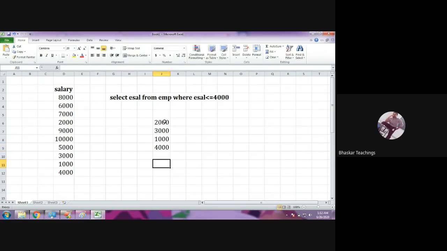If you observe, to get 4 records, how many comparisons are required here? It has to compare all the records in the database, because the data is not maintained in any order and we are not going to maintain any index internally; the insertion order is preserved here. Initially this record was inserted, later this one, and so on. So when the query is given to display the salaries less than 4,000, comparisons are required for all the records. It is taking more time, right? So the number of comparisons here is 10 to retrieve 4 records.